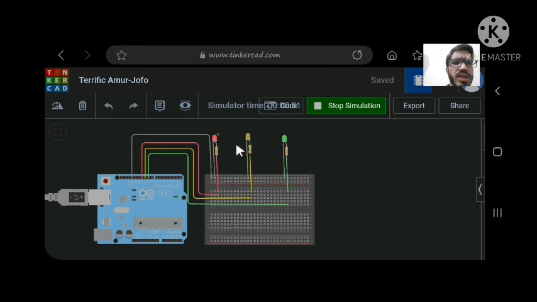We haven't specified when these will all stop glowing, or when they will all glow together, because that's not the basic idea behind traffic lights. So let's stop the simulation here. And actually the use of resistors here is to limit the flow of current. Here I used 1 ohm resistors, but you can use any specified resistance, like 1 kilo ohm or 1 micro ohm or whatever you want.